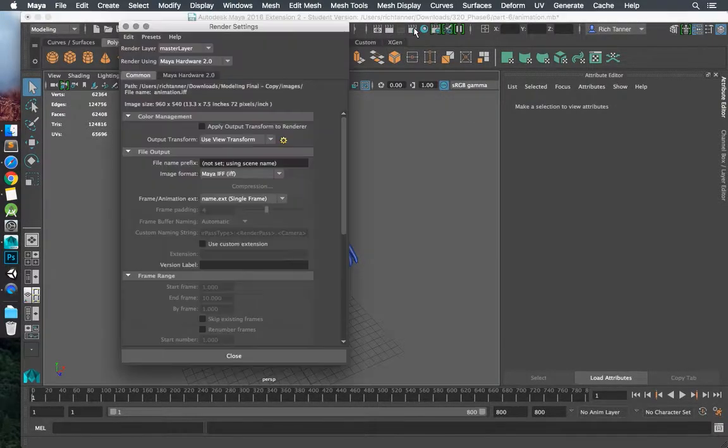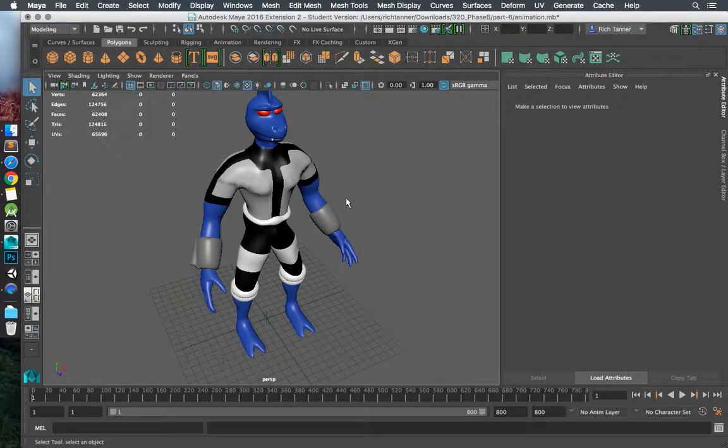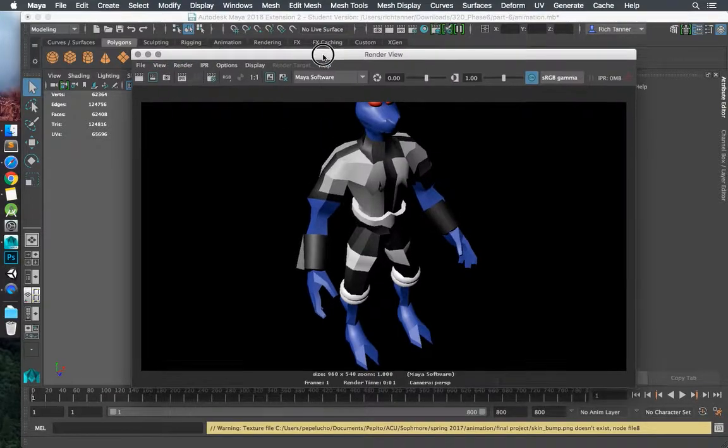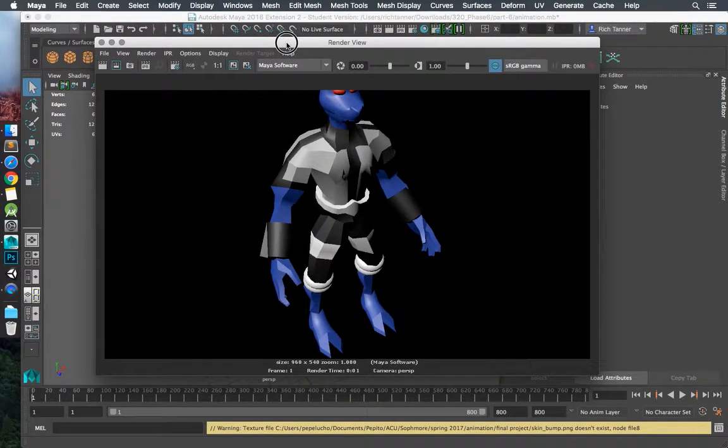Let me just go up here. Let me hit my render settings first. By default, we'll be on Maya software, right? And so when I do a quick render of this particular guy, he's going to come out exactly as he really is, right? He's going to come out blocky, and we're going to see kind of the real polygons